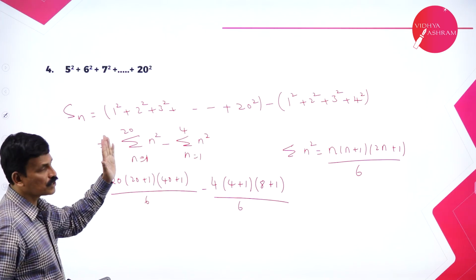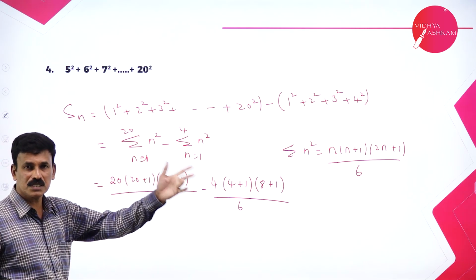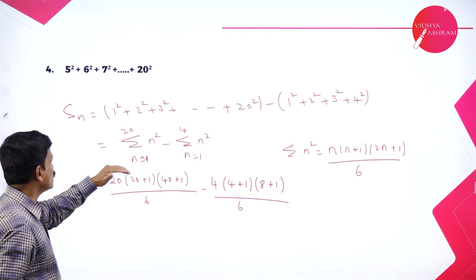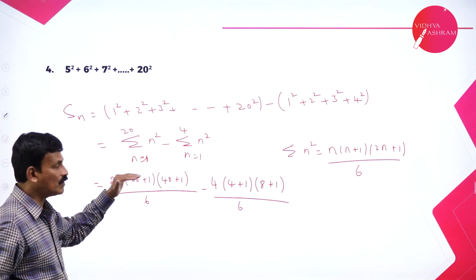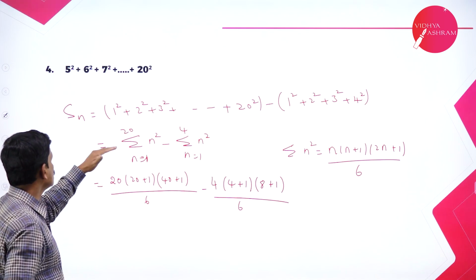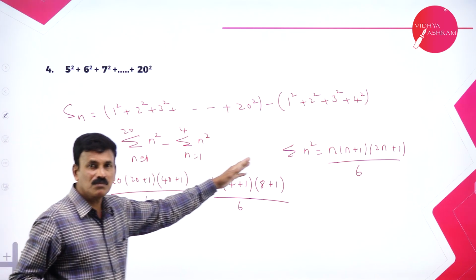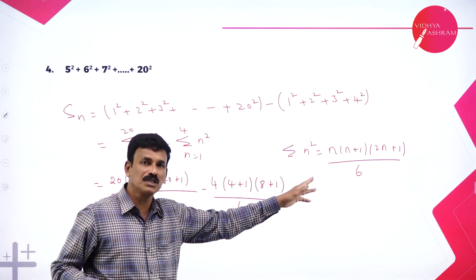So, 1 square plus 2 square plus 3 square etc. up to 20 square, minus 1 square plus 2 square plus 3 square plus 4 square. So, that is sigma n square minus sigma n square. What are the values? Where n is equal to 1 to 20, and here n is equal to 1 to 4. So, sigma n square is, what is n? n is 20. The formula for sigma n square is n into n plus 1 into 2n plus 1 divided